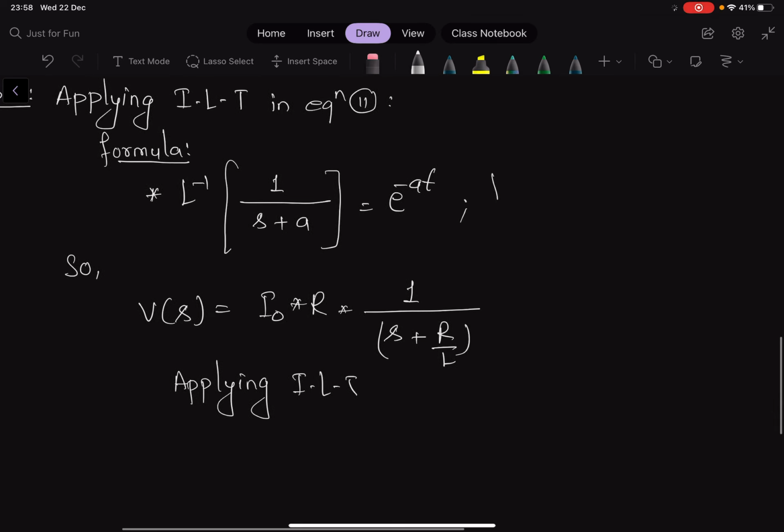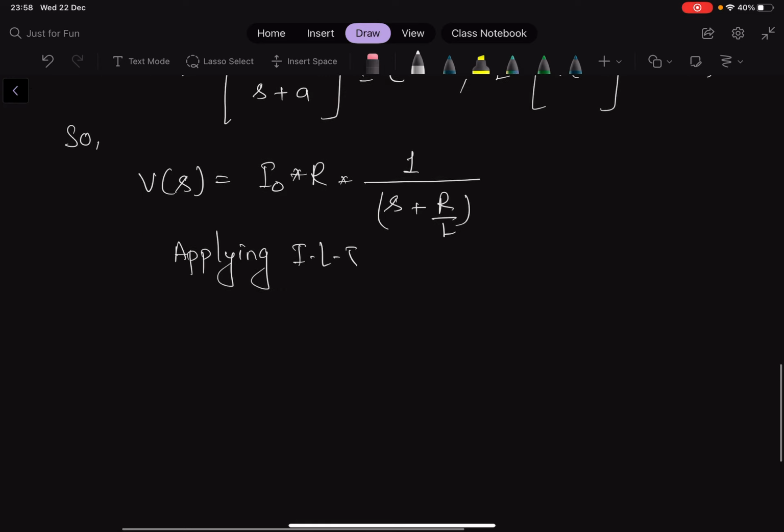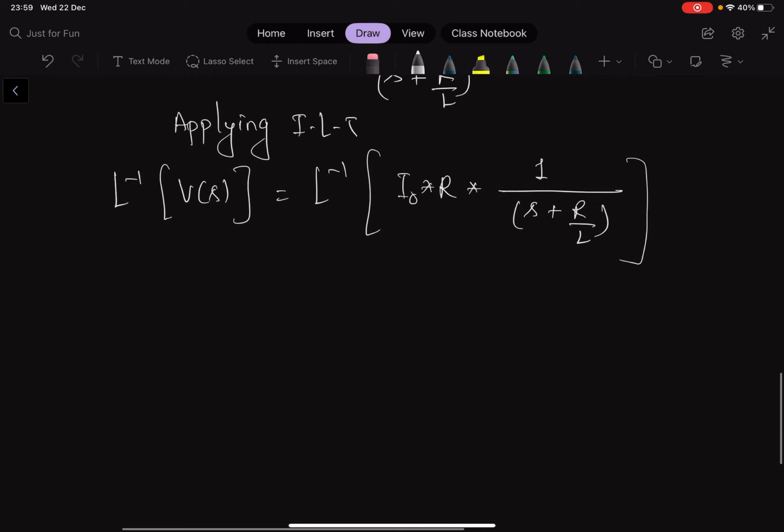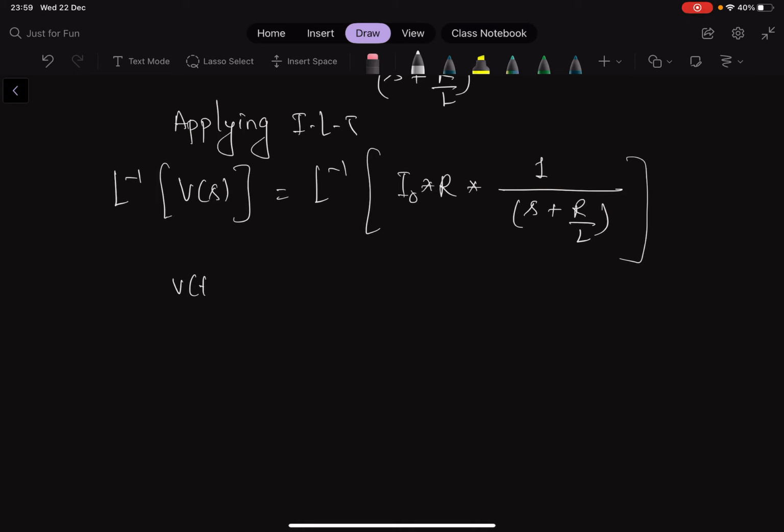So I'm going to say the inverse Laplace of V(s) is going to be V(t). So the inverse Laplace of V(s) is going to be, let me write this as inverse Laplace of V(s), and then the inverse Laplace of, this is a constant, literally they can move outside the inverse Laplace, but the one thing which is not going to move outside is S plus R over L. So the inverse Laplace of V(s) is going to be V(t), and the inverse Laplace of the other part is going to be the same,